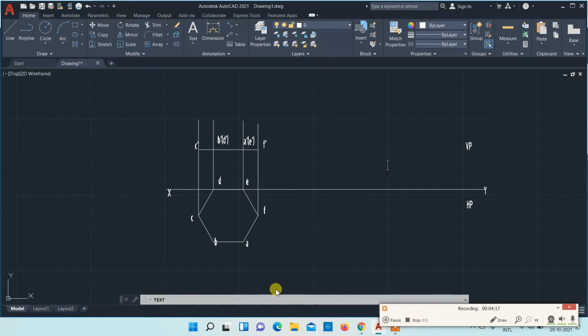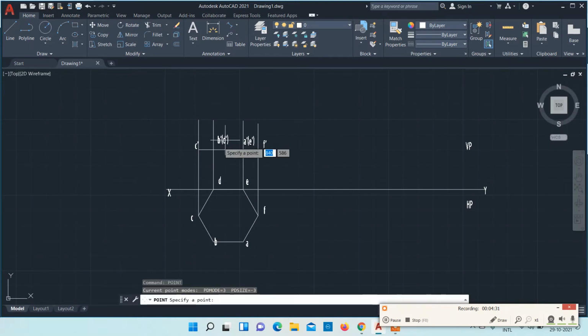So intersection points we can just mark it with the help of point command also. If possible, we'll see that. One second. Just use point command. Make a point on the intersection point. That is very important. Okay, then dimension. The side length is 20. Okay, and you can just highlight the